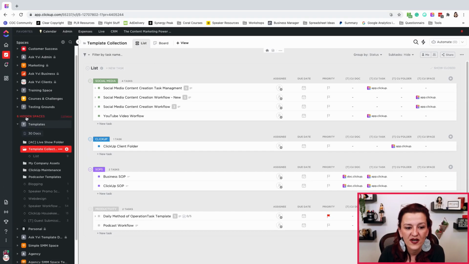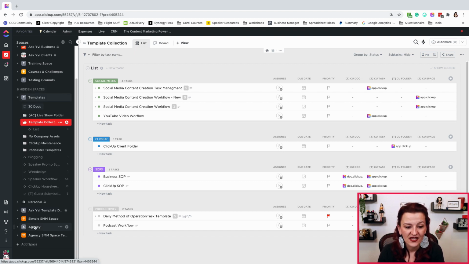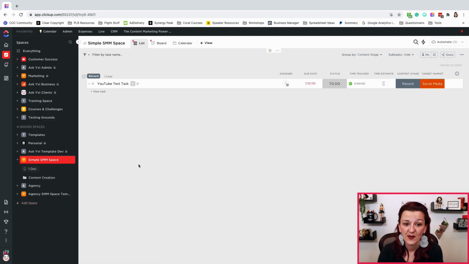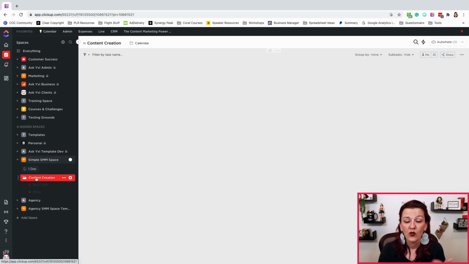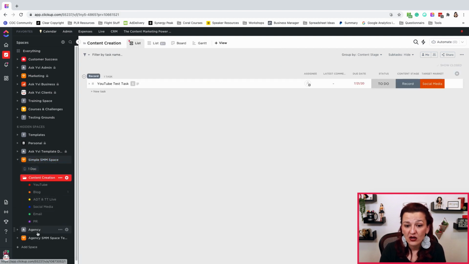As you can see, we are in hidden spaces right now, so I do not have those viewable in my everyday spaces. And as you can see down here, these are all space templates that we have. The simple social media space is a full-on space template, with the content creation folder, all of the lists underneath, an example task in here, and all of the custom fields. It's right in here. And this is